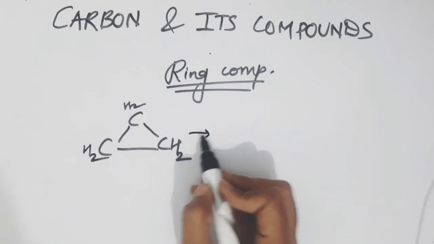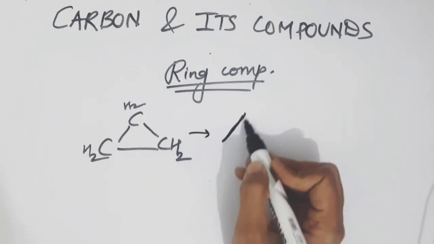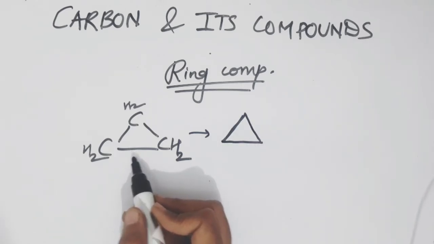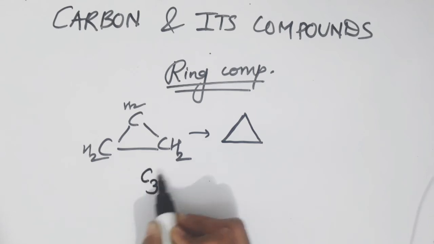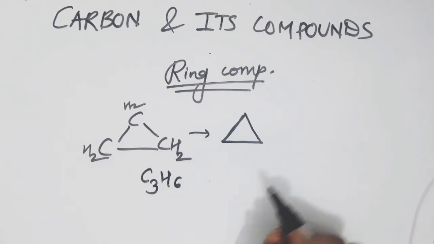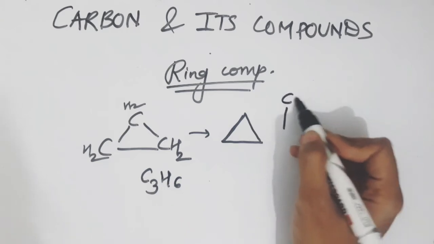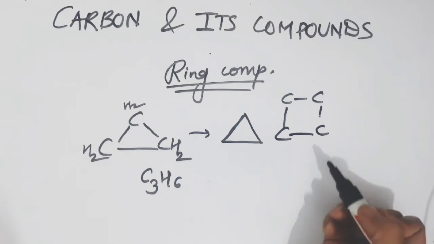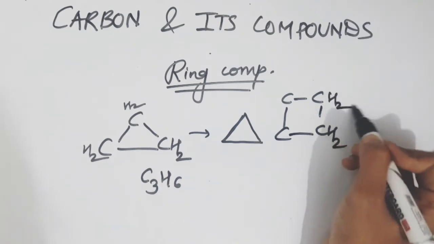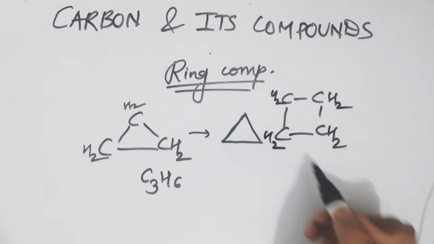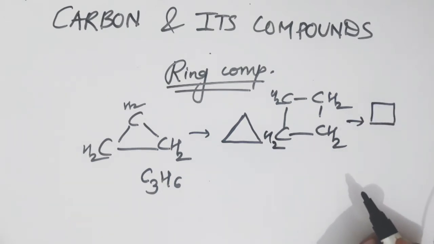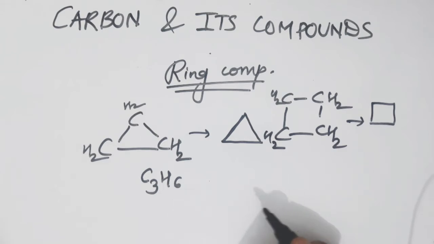So, the representation in general, when you see the advanced form, it is represented by a triangle. This triangle represents this compound having a formula of C3H6. Similarly, if you study another carbon compounds, when you form a cyclic compound with 4 atoms, again here you will have to add 2 hydrogen atoms in each carbon atom. This is again represented as a square. This is again a cyclic compound. Now, we will see how it is named afterwards.